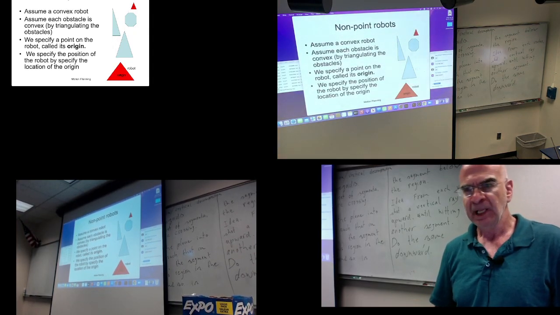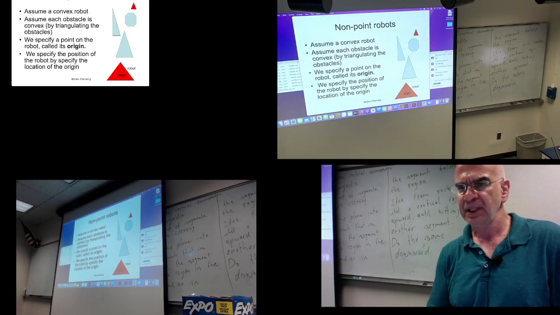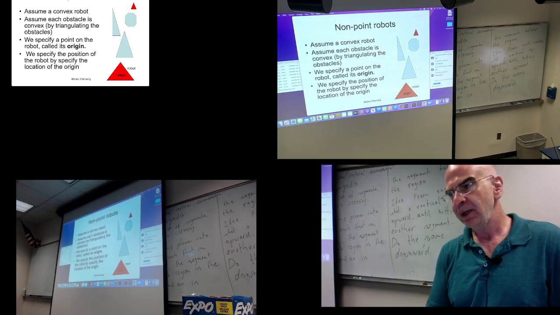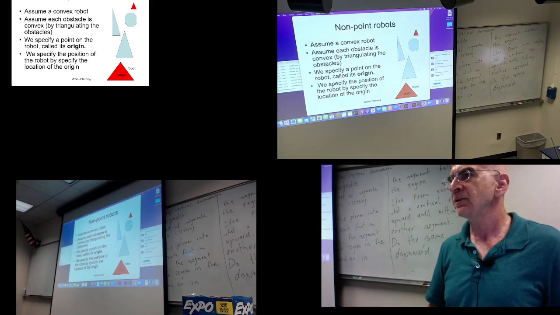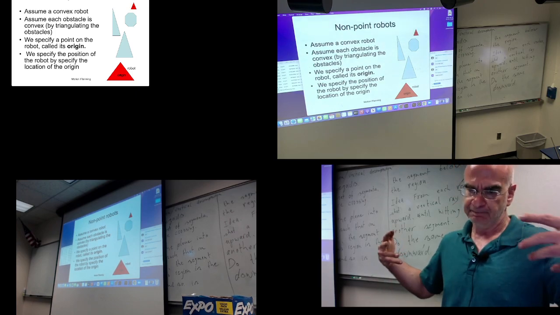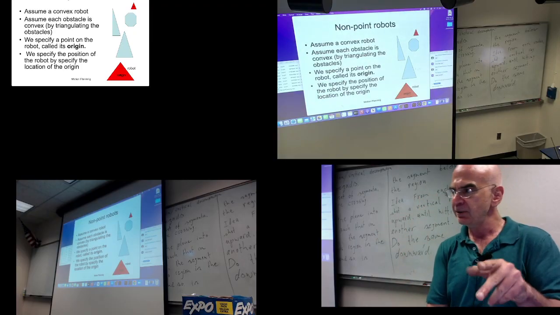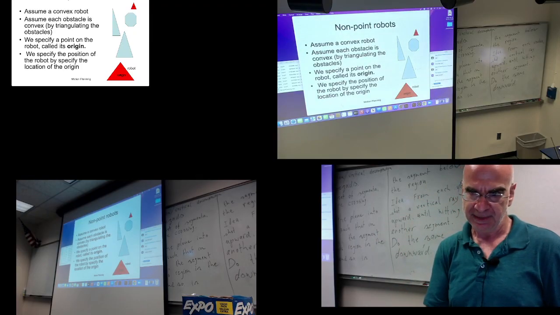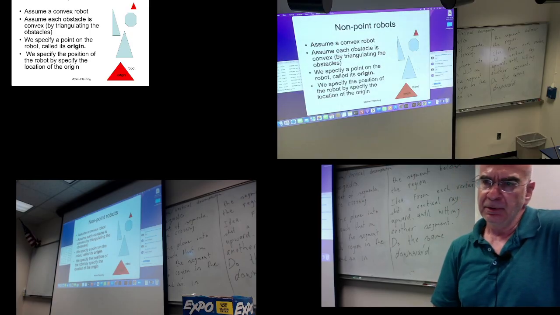Non-point robot. But I'll assume that my robot is convex. If it's not convex, I'll triangulate it or partition it into something. By the way, both triangulation and trapezoidation are just ways to partition a complex scene into smaller and simpler regions, so that I can do elementary operations between these atoms of the region. Okay, so now my robot